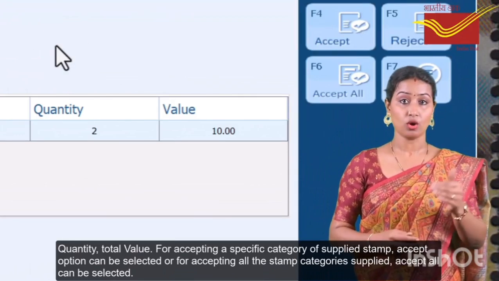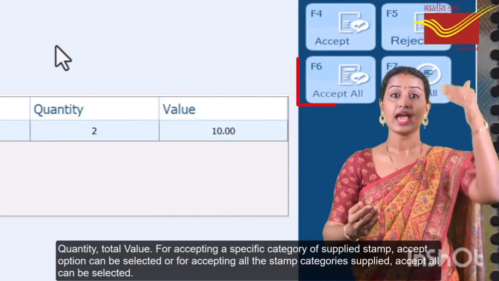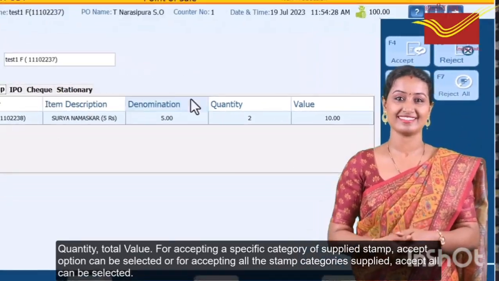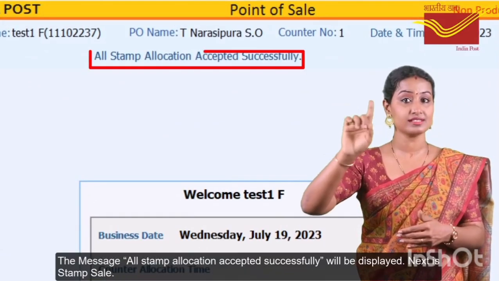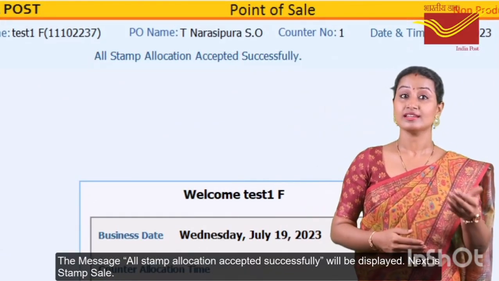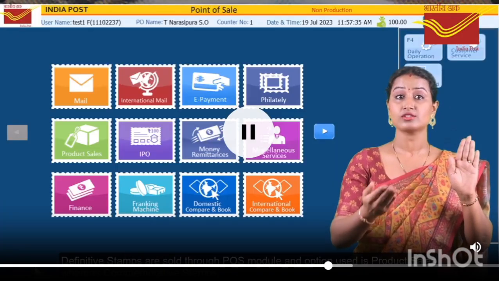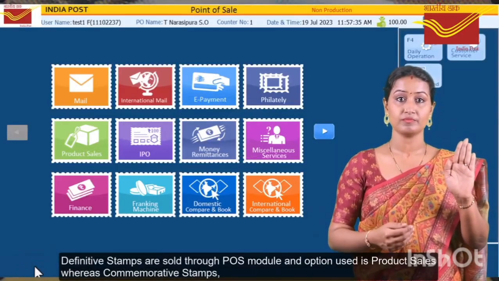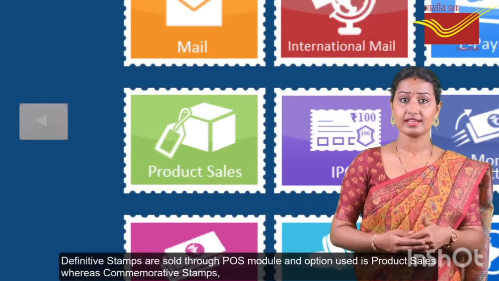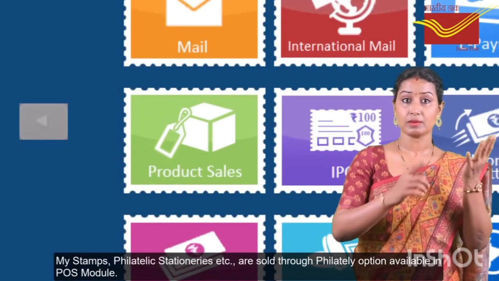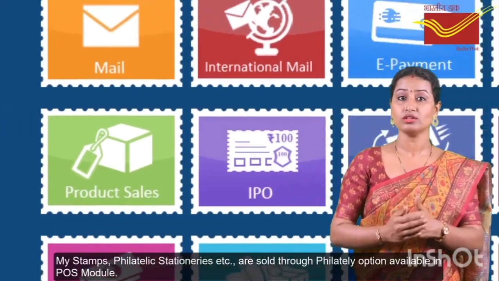For accepting a specific category of the supplied stamp, the Accept option can be selected, or for accepting all the stamp categories supplied, Accept All can be selected. The message "All Stamp Allocation Accepted Successfully" will be displayed. Next is Stamp Sales. Definitive stamps are sold through the POS module and the option used is Product Sales, whereas the